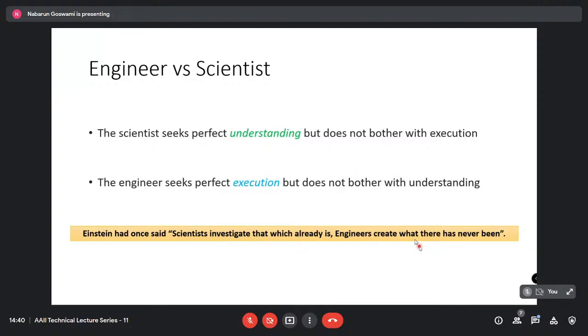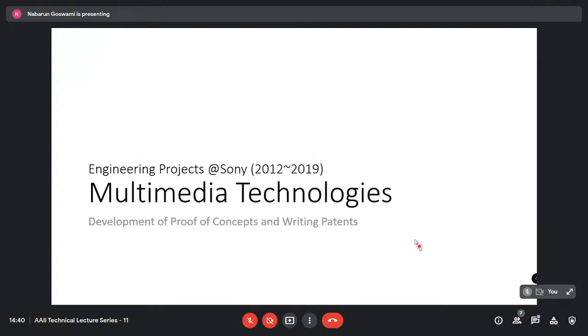So with this kind of starting off, I'd like to start off with the first phase of my journey, which was engineering, as a software engineer and later the technical specialist at Sony. There I worked on various multimedia technologies, we developed proofs of concept, and we wrote some patents. So I'll just introduce some of the